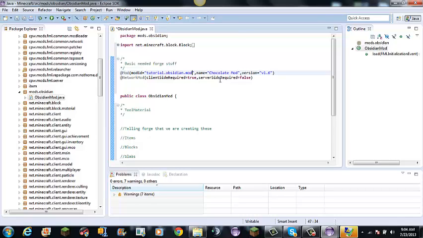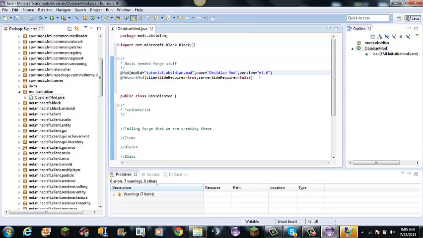obsidian dot mod. Okay. Now you don't want to name it something like Mo Creatures, okay? Because if you do that and someone installs your mod and also Mo Creatures, Forge will read it as having two of the same mod. They have a copy of two mods. This will not work, so it cancels out your mod and also Mo Creatures. So you want to make the mod ID as unique as possible, basically. The name, you can have it be whatever you want. So in this case,